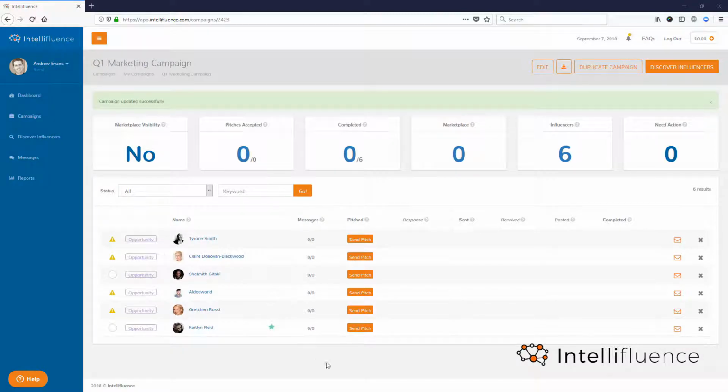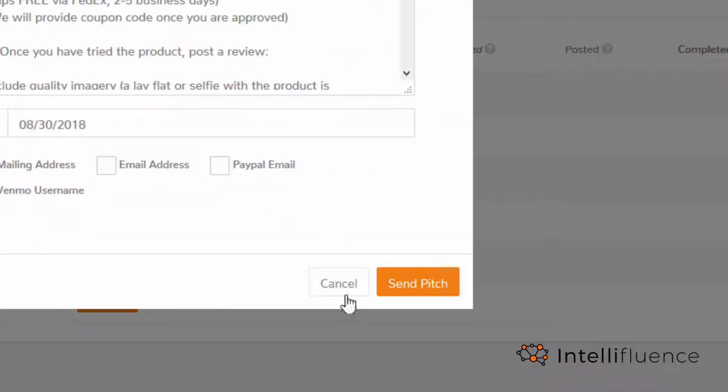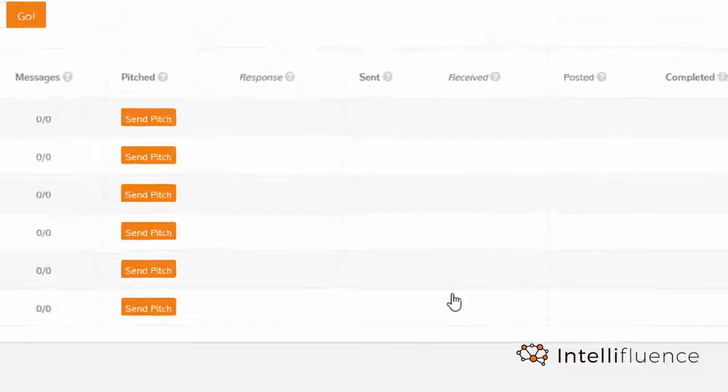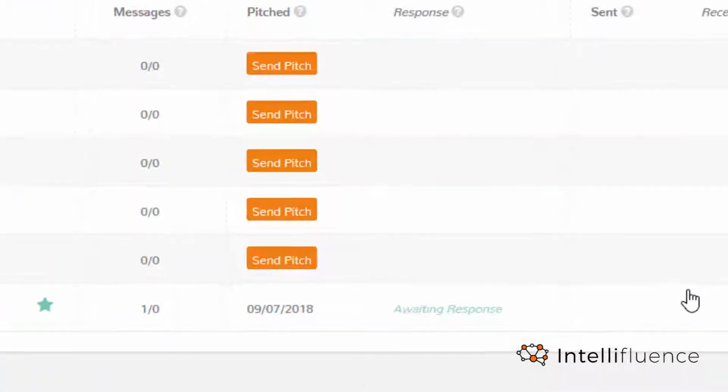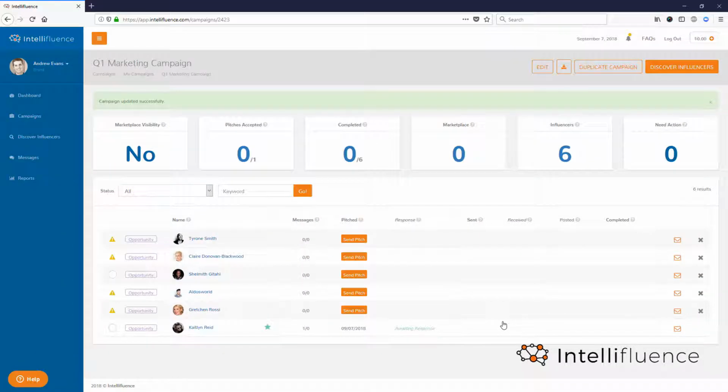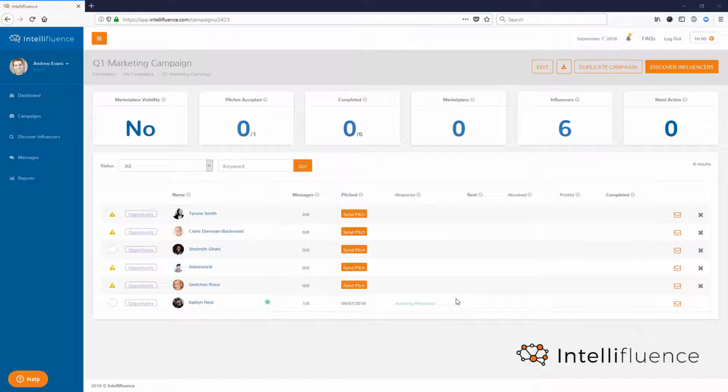All right, everything looks good, so I'm going to pitch this influencer. I'm going to click Send Pitch and send the pitch. Once you have pitched the influencer, you'll notice the status update there where you are waiting for a response. This kicks off the transaction flow. At this point, the influencer is going to review your pitch and either accept it, decline, or request changes via